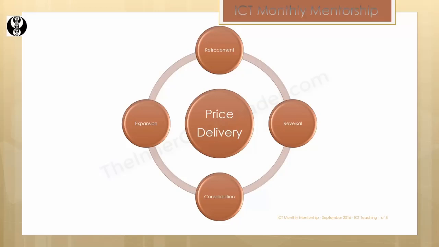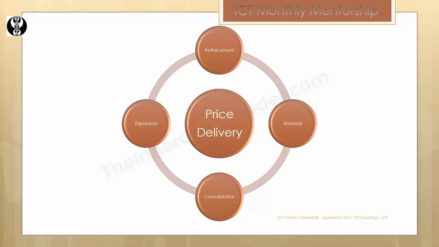All the moves that take place in the marketplace start from a measure of consolidation, because that's where the markets are building orders. So the market maker keeps the market in a tight range or a defined range until there's enough money on both sides of the upper and lower end of the range that's being defined by the consolidation. Whichever one has the highest amount of money to be absorbed, that's the direction it's going to move in.